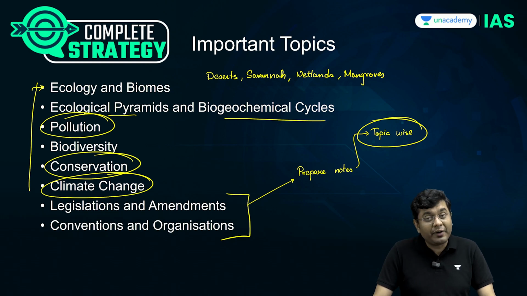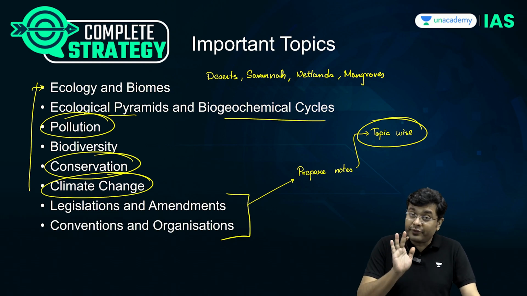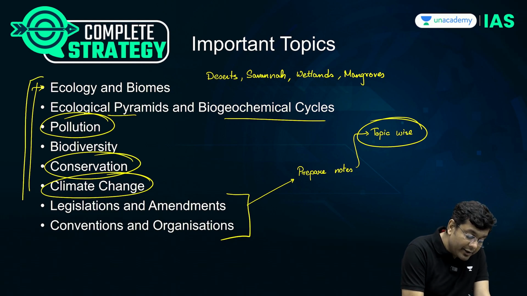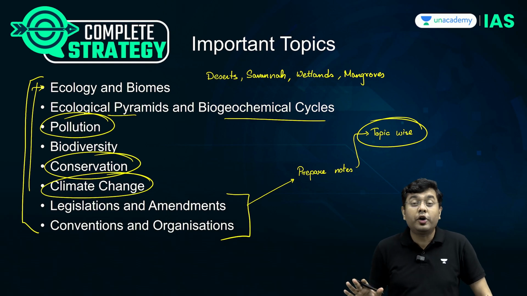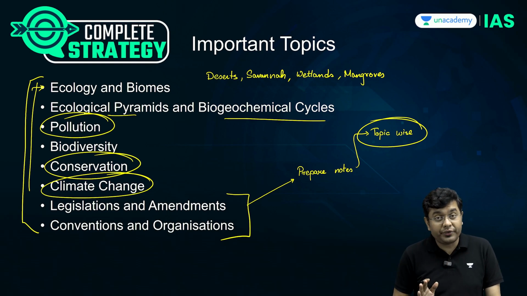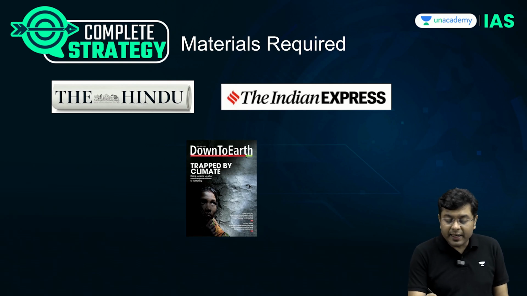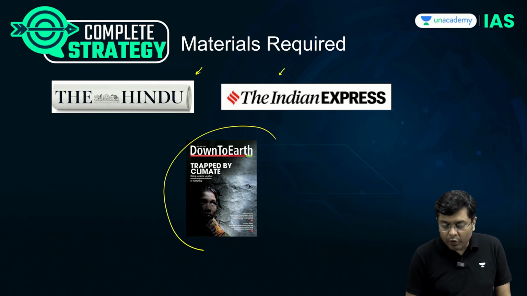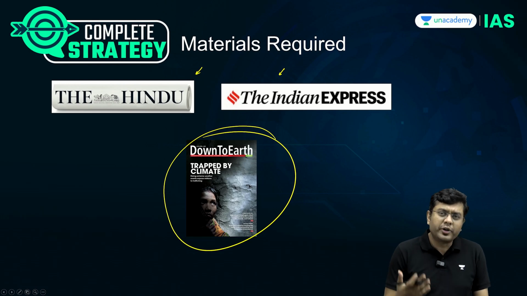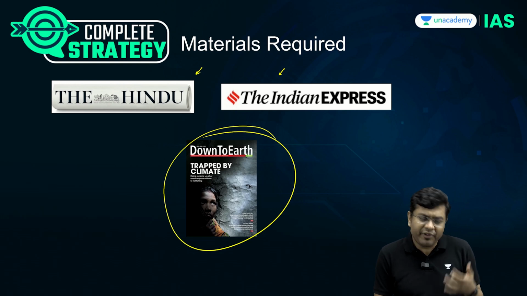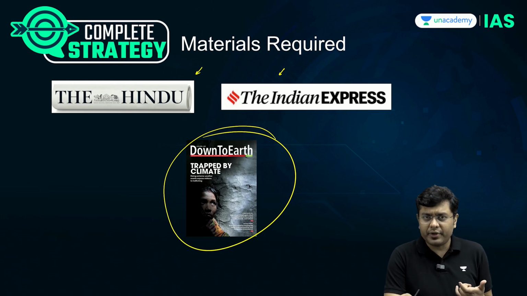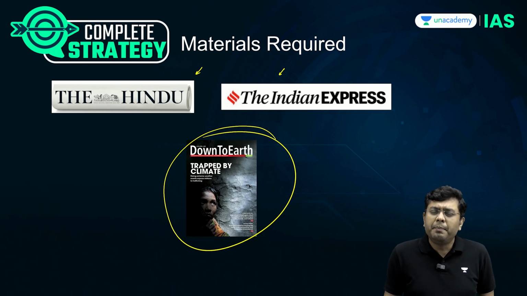So what are the sources that you have to refer? Before I tell you the sources, understand the topics in detail. This is what the entire syllabus of environment ecology revolves around. These are the pillars. Now the sources, basically the newspaper, any of them, and Down to Earth magazine. The important articles of Nature. For example, let's suppose there has been a CASA summit. Where is that? What are those CASA countries? Why that summit has happened? Relevant, important. But UPSC has been asking some factual questions nowadays.